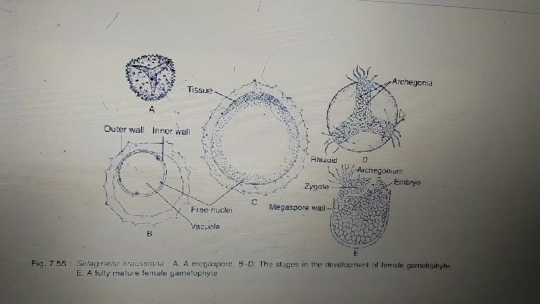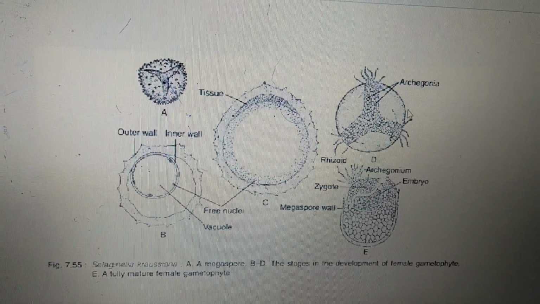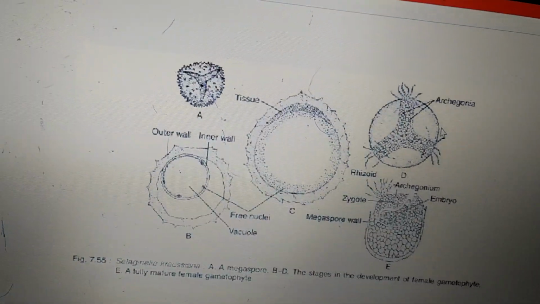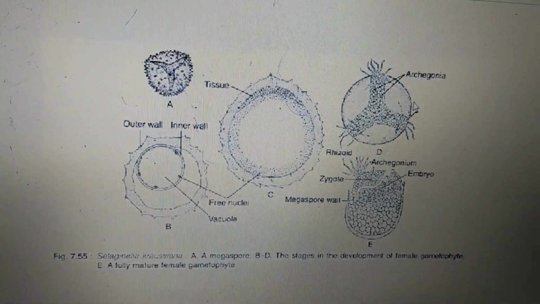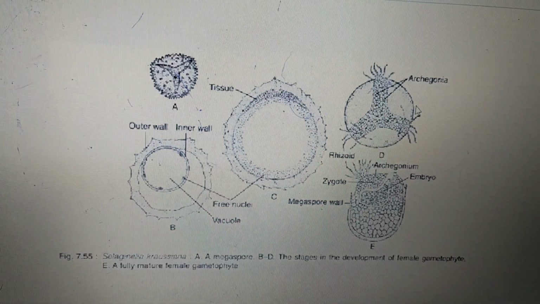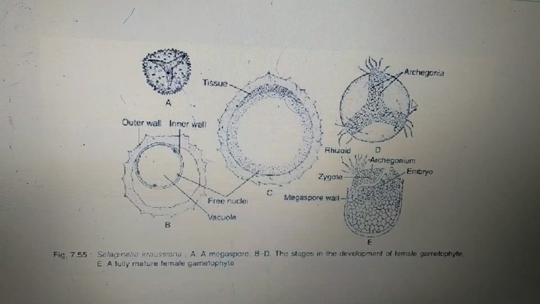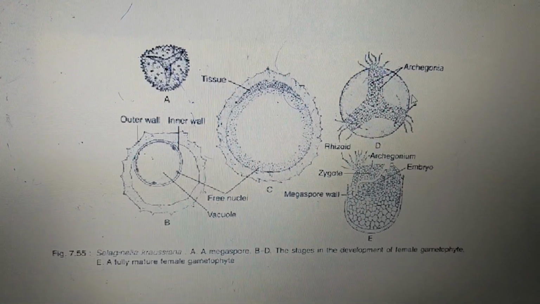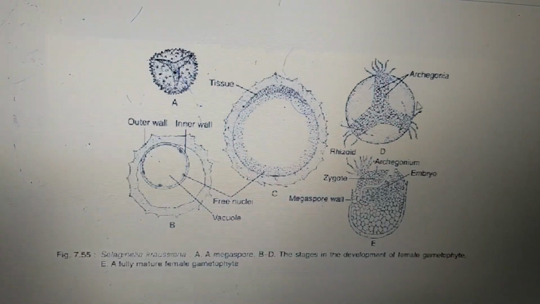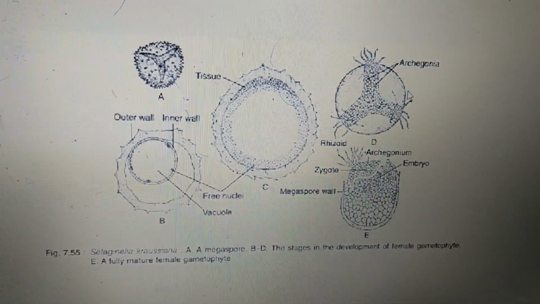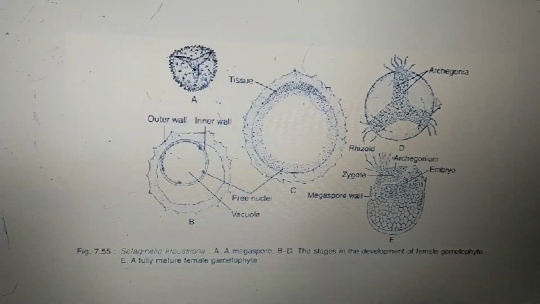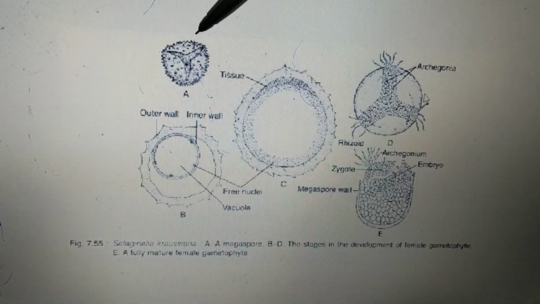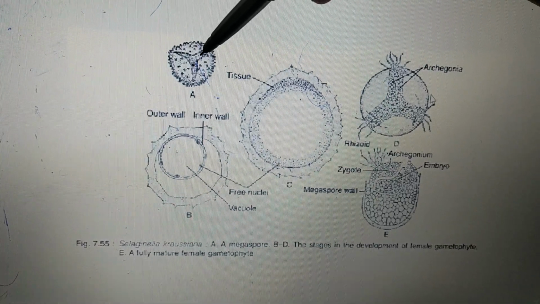Here we will be discussing the different stages in the development of a female gametophyte from a megaspore in case of Selaginella. As we all know, development of the megaspore leads to formation of 4 megaspores. Among these 4 megaspores, there are chances that 3 may degenerate, leading to formation of one successful functional megaspore. The megaspore usually has a structure somewhat like this, having 3 different layers: the outer exospore, middle mesospore and inner endospore.